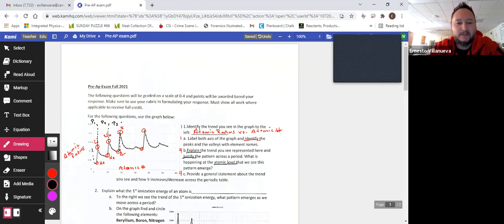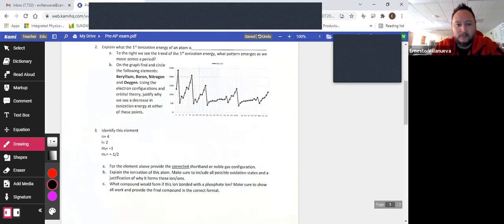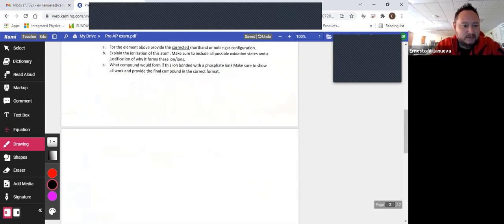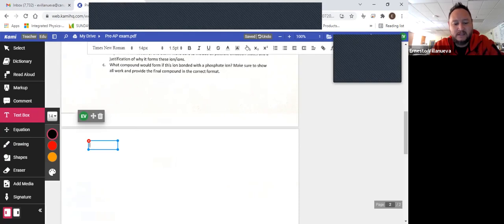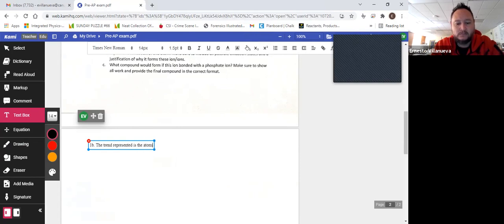Okay, so let's write a response. I'm going to scroll this down a little bit. Let me see, where's my, oh, here we go, to my other page right here, and I'm going to enter the text box. This is 1B, I believe. The trend represented is the atomic radius versus the atomic number. Starting at period 2, from lithium to neon, we see